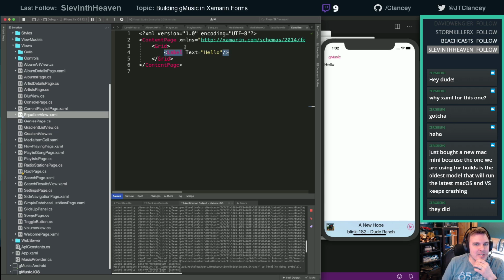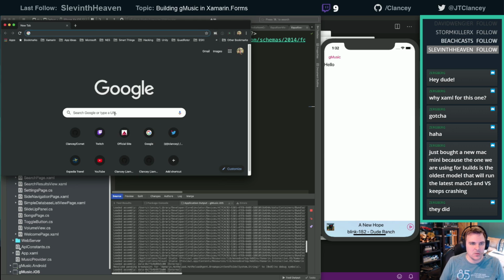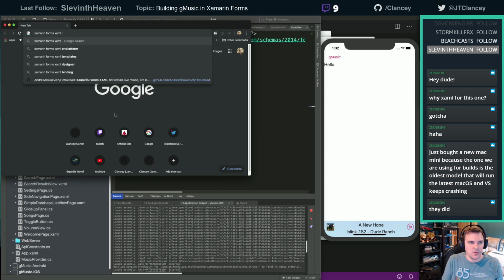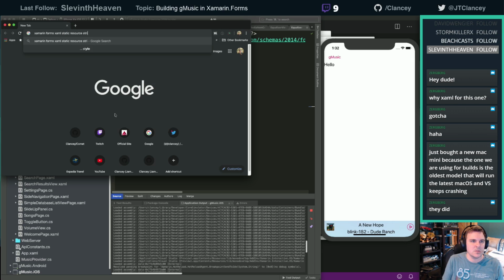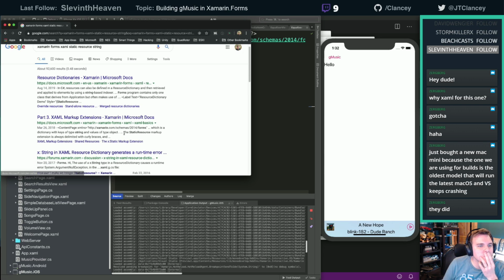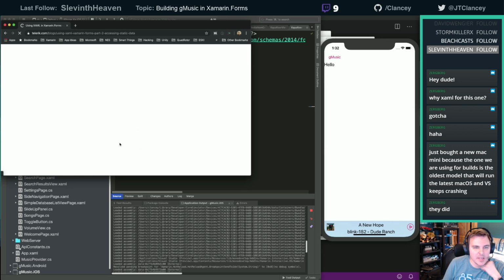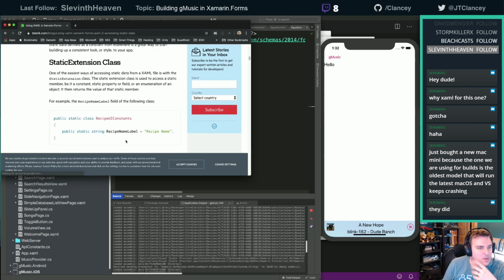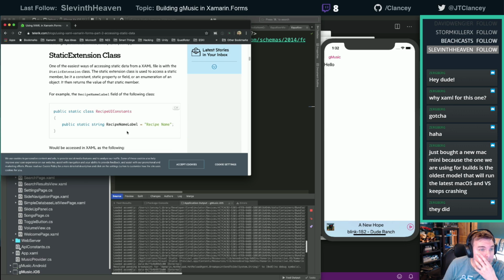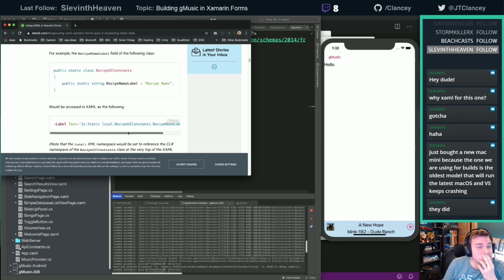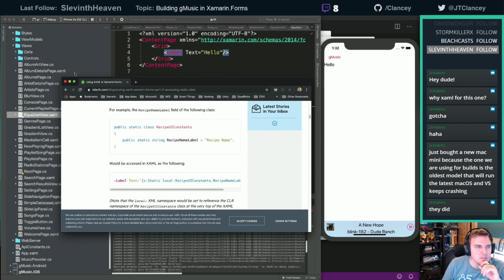And I need to figure out how to access my static resource for my strings. Let's Google that because I can never remember how to do that. Okay, so Xamarin.Forms XAML static resource string. There's a way to grab out the static data so I can just say, hey, this value is this. All right, here we go. So I need to grab the namespace.